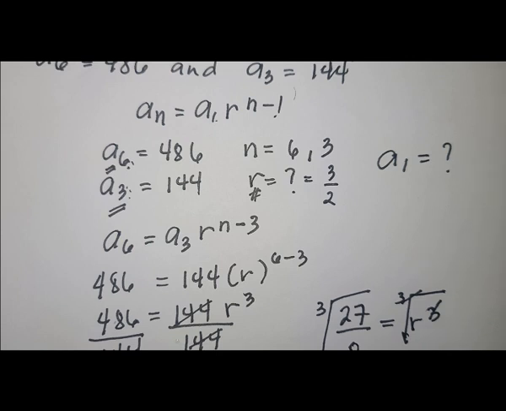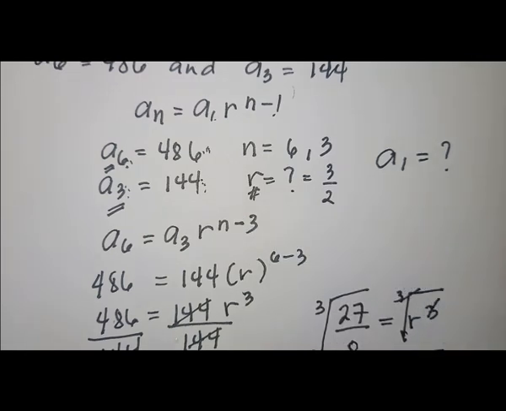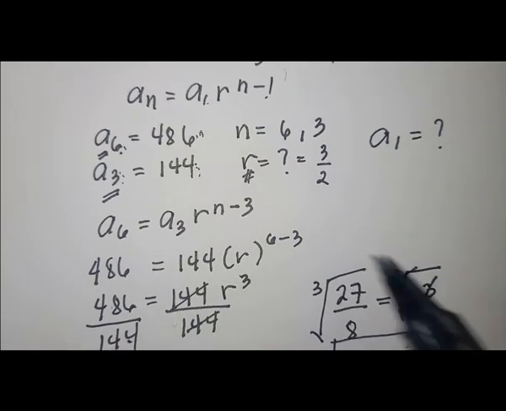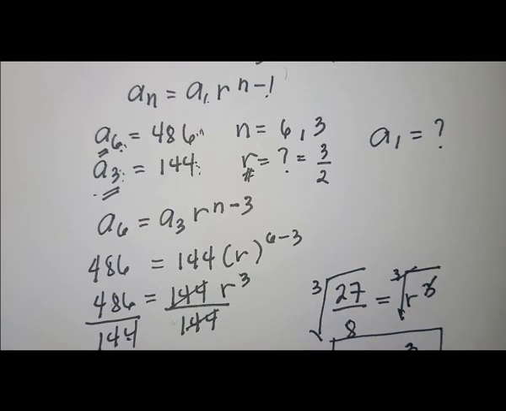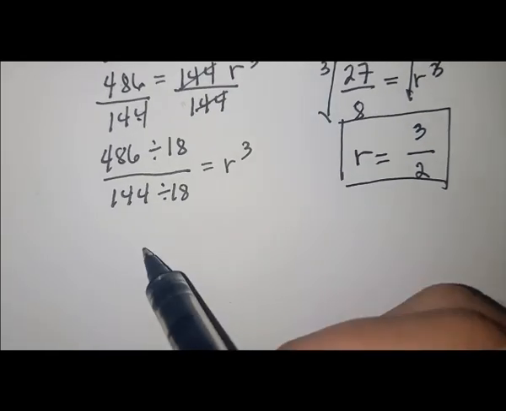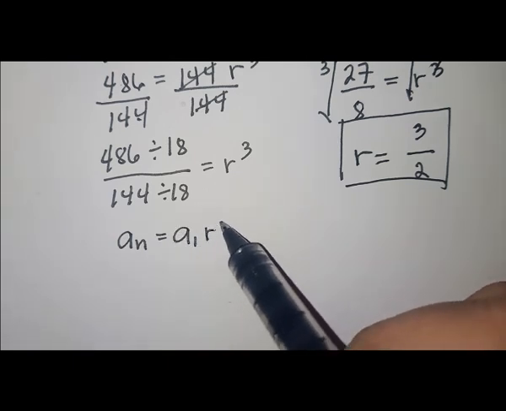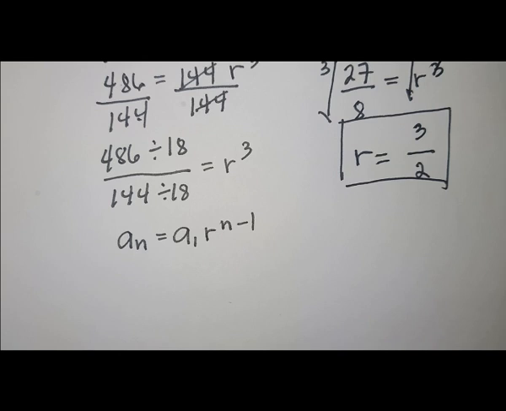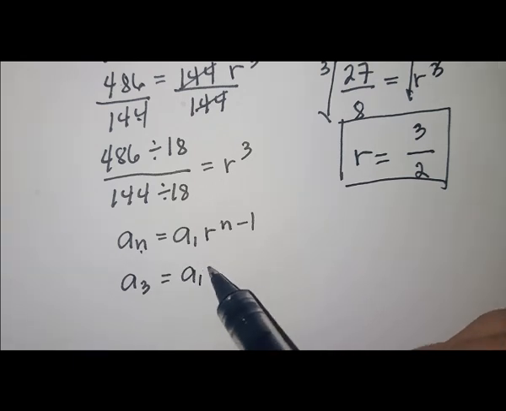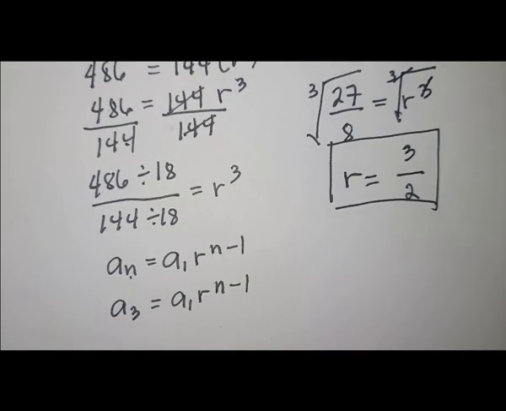So, dahil meron na tayong common ratio na 3 over 2, pwede na natin hanapin ngayon yung first term. Ano yung gagamitin natin ngayon na last term? Kahit alin sa dalawa yung gamitin natin na last term, okay lang. Parehas pa rin ang magiging sagot. So, para mas madali, kunin natin yung pinakamaliit o yung pinakamalapit sa first term, which is a sub 3. So, again, gagamitin natin yung formula. A sub n is equal to a sub 1 times r raised to n minus 1. In this case, ang gagamitin natin yung a sub 3 is equal to a sub 1 times r raised to n minus 1. Ang value ng a sub 3 na meron tayo rito ay 144